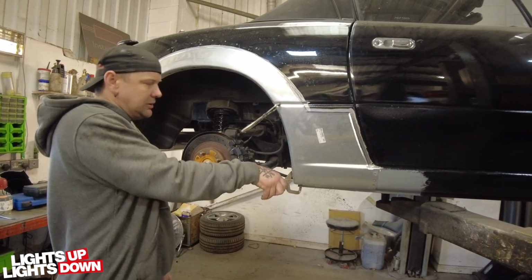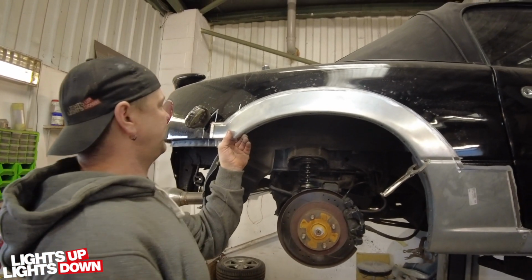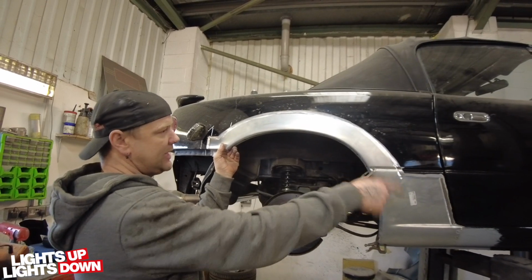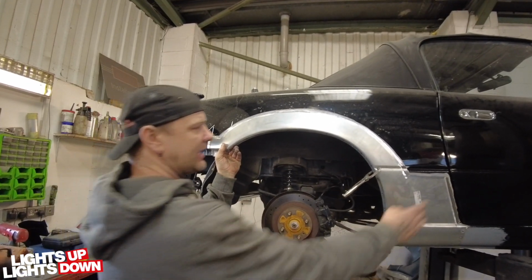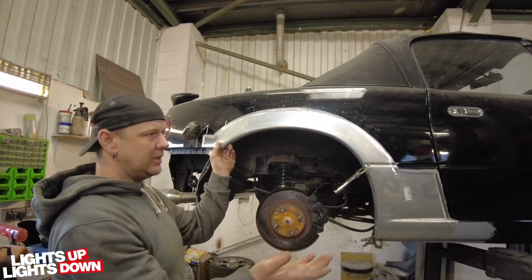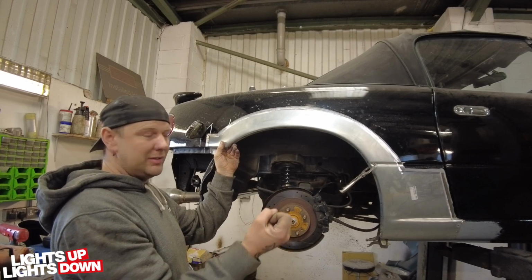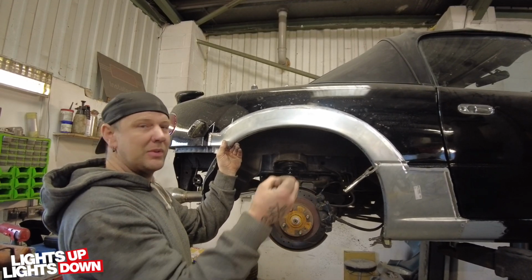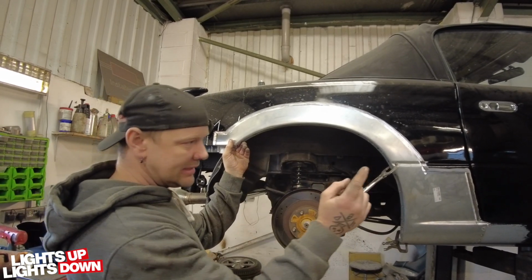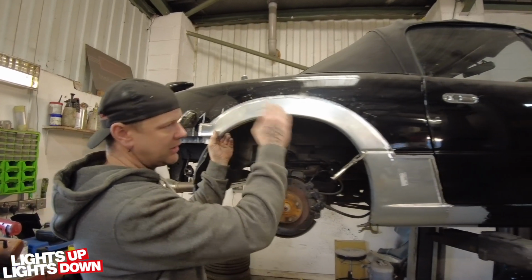So we'll clamp there like that, and then around the back here, and then we'll go around and tack it in various places. I tend to tack it in the corners first, because obviously with any welding, as soon as you touch it with a welder, you get heat distortion, panel moves, the gaps shrink. So let's try to get it tacked in as many places as possible before you start going around the...